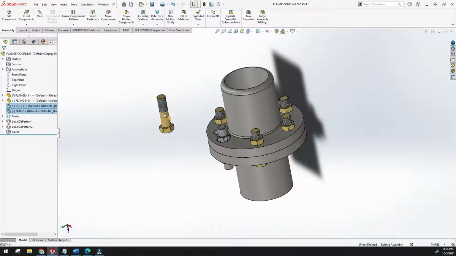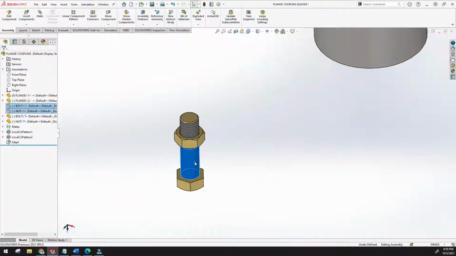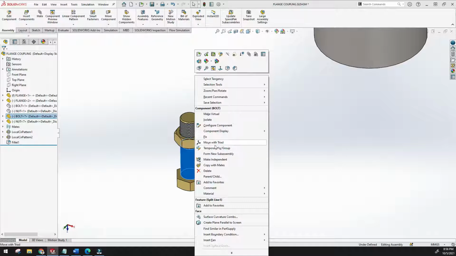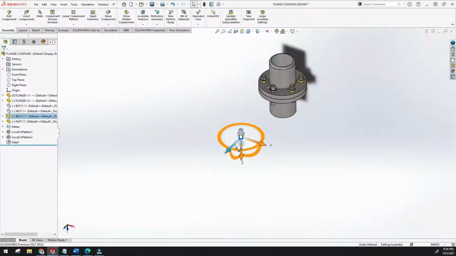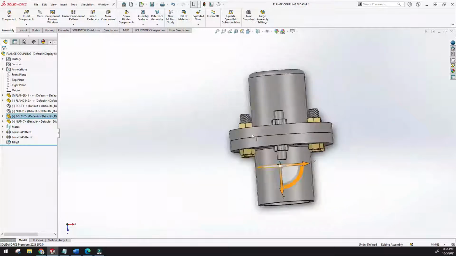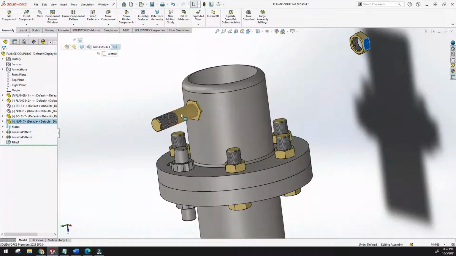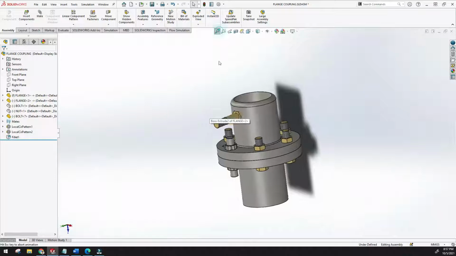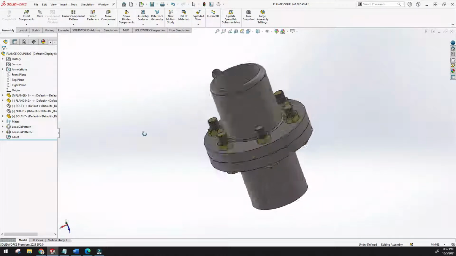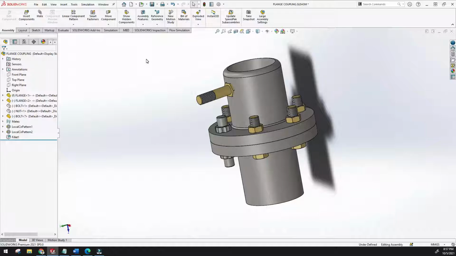I just want to take this copy. Just go to the move with triad, and I want to use this triad here. So this part I have created here. Actually this nut is selected here. Just right click and delete it, and then change the part. But I want to create the cavity here. So how will it be created?